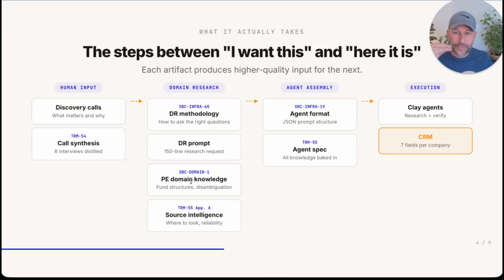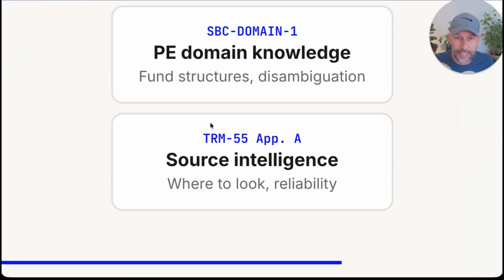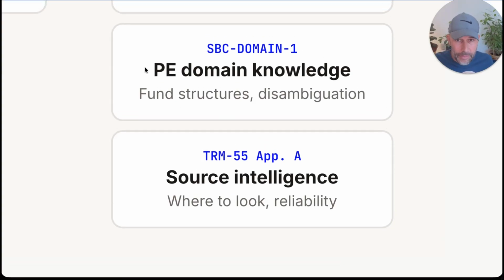What I mean is, the private equity domain knowledge and the source intelligence are parts of the system before the agent is being built. So what that means is, before I say, hey AI, build me this agent that gives me these data points, I'm kind of elaborating on that, and let me start actually at the end: give me deep private equity domain knowledge about fund structures, disambiguation of all of the terms, like what matters, what do the words mean, what do the concepts mean, how does this market, how does this space look like?